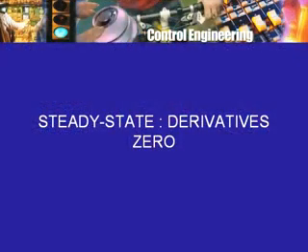Let us look at the equations in the steady state, that is, assuming that the motor is running at a constant speed, the load torque is constant, and the power supply voltage is also constant. As a result, the derivative terms become 0. There is no change of speed, so d omega/dt is 0, there is no change of armature current, so dia/dt is equal to 0, and because of that